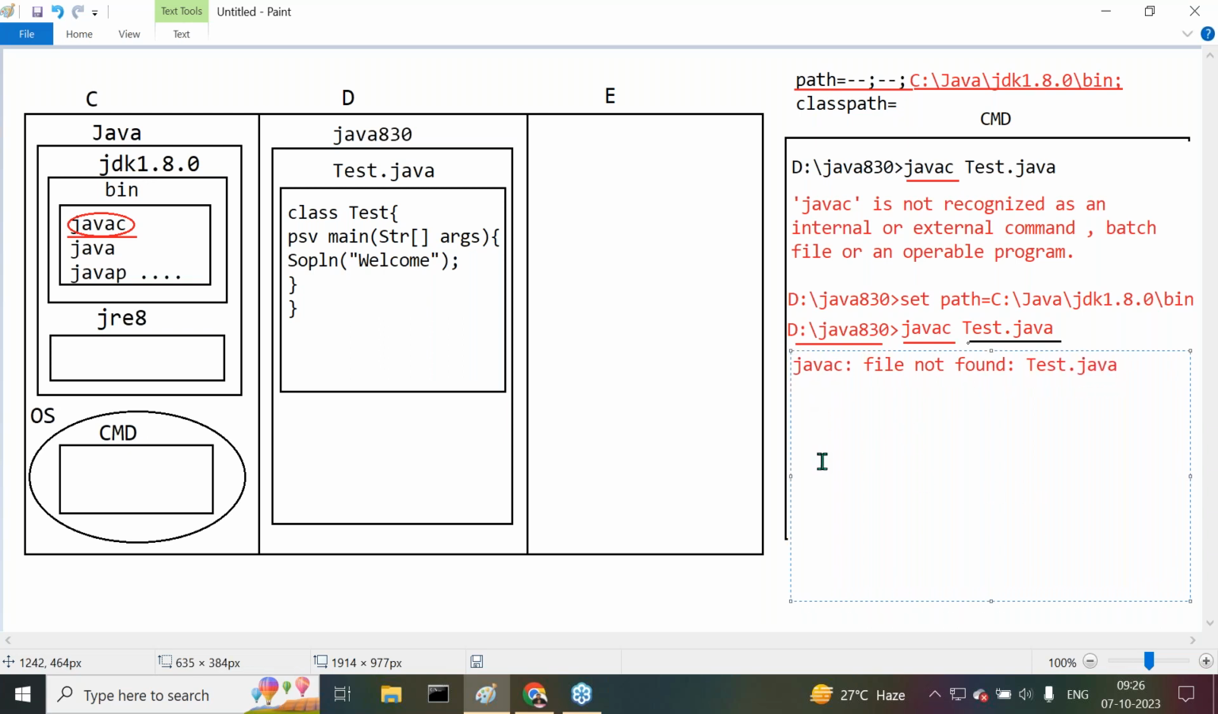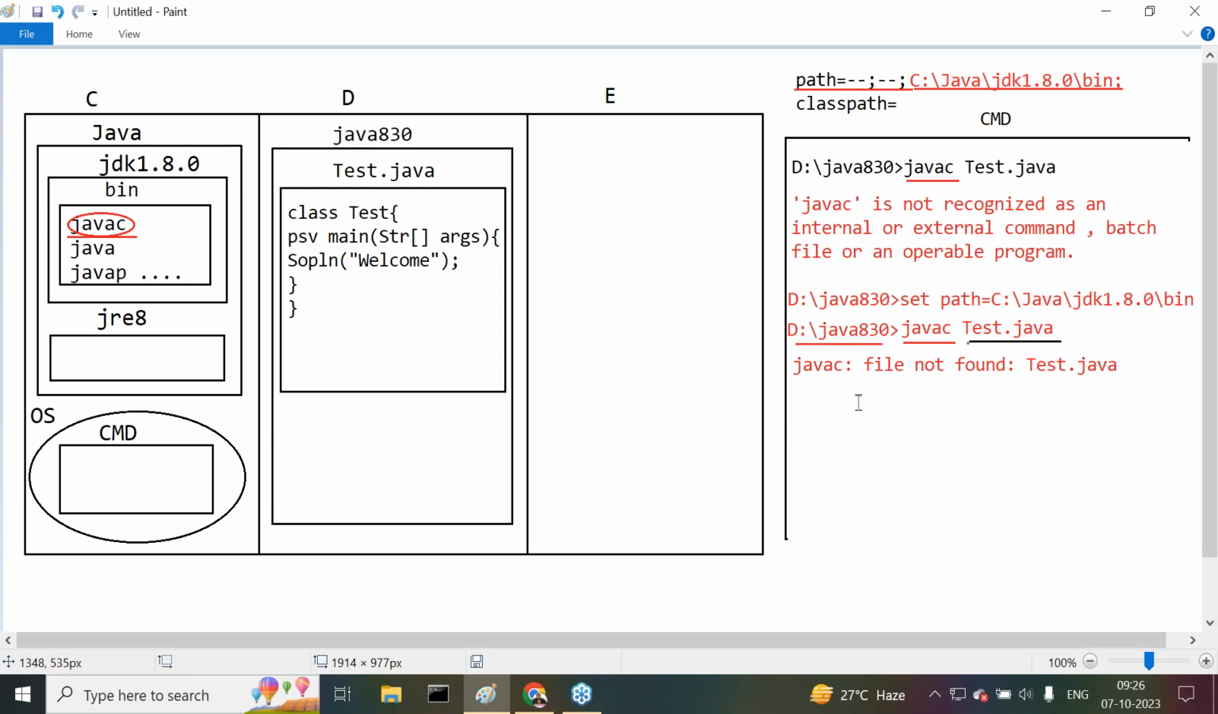When we get this message, the compiler software will search for Test.java at the current location. What is the current location? D:/java830. If Test.java is not available at the current location, immediately the compiler will provide a message like what? javac: file not found: Test.java. Clear? For example, if a Test.java file is identified in the current location,